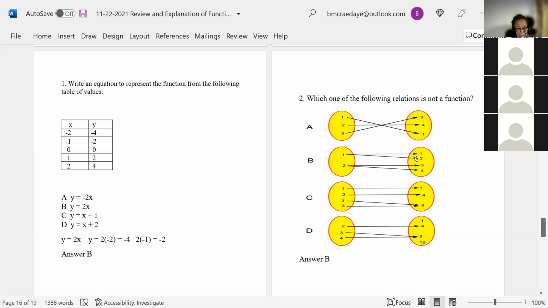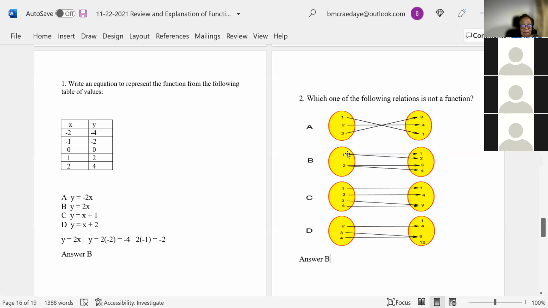I could take this mapping out from 1 to 2, right? And I could take the mapping out 2 to 4. Then it's a 1-to-1. That's one way of doing it. Or I could put some more X values here and make them different values. In other words, I could put a 3 and map it to a 2 and take the 2 mapping out. I could put a 4 here and map it to a 4, right? And that way it's a 1-to-1. Okay, so that's ways you could make that a